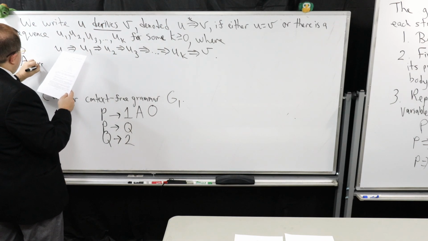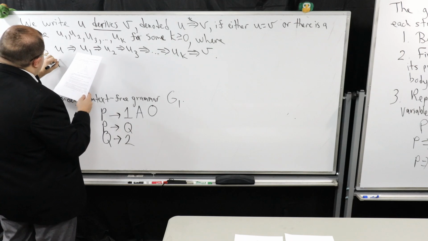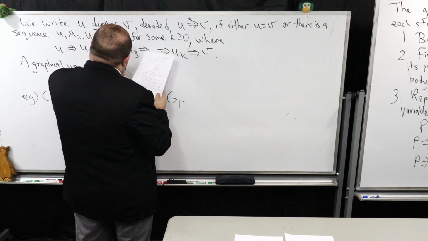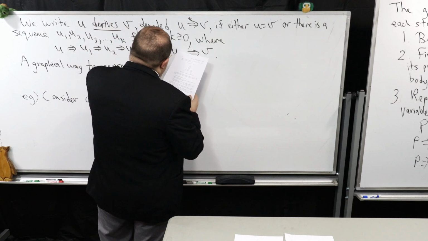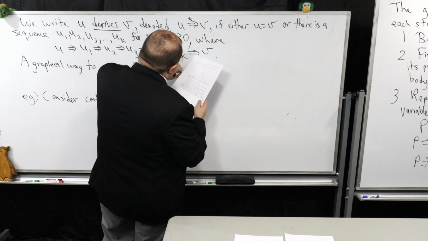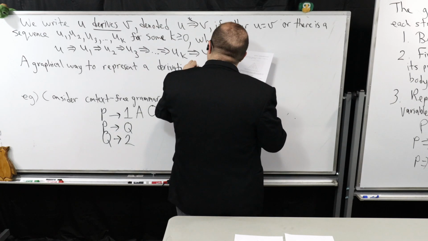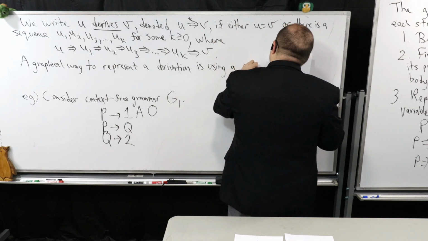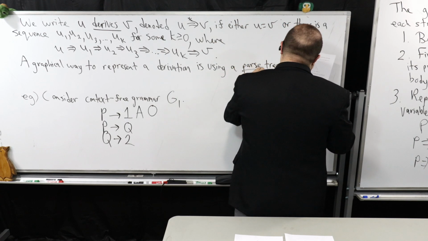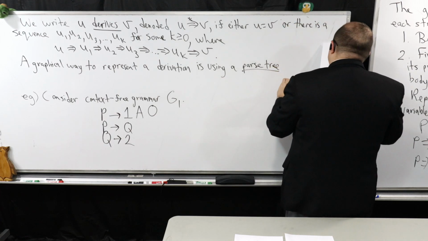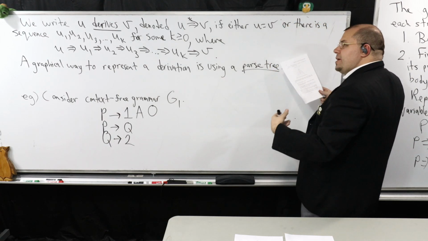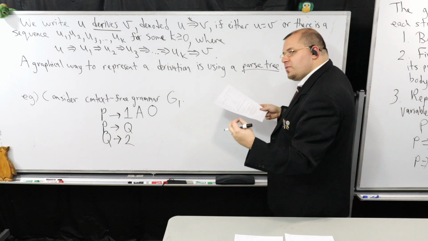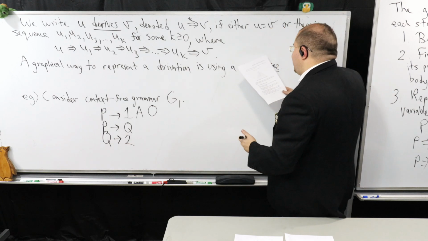So a graphical way to represent a derivation is using a parse tree. You can tell I was getting excited about this all day, using a parse tree. There is a formal way for me to describe the parse tree to you, but I'm just going to explain it verbally. I have a more careful explanation in the notes, but I want to do an example just